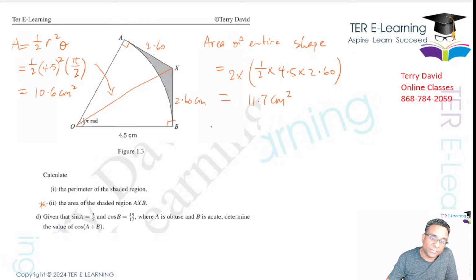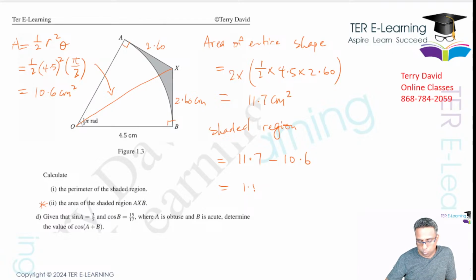So the shaded region is simply going to be the whole shape, which is 11.7, minus the white part or the sector, that's 10.6. And you're going to get 1.1. So that's 1.1 cm squared. So make sure you know your formulas for length of arc and